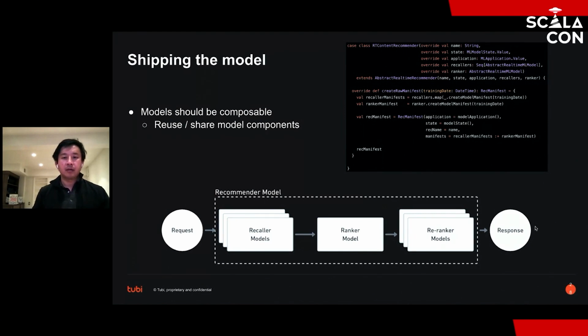This composability allows us to share a lot of these smaller models and components. Rerankers that meet certain business criteria might need to be used across multiple recommendation models. Recallers are also useful across different recommender models, so that when our machine learning team is writing the full model, it saves them from having to re-implement a lot of these components in the system.